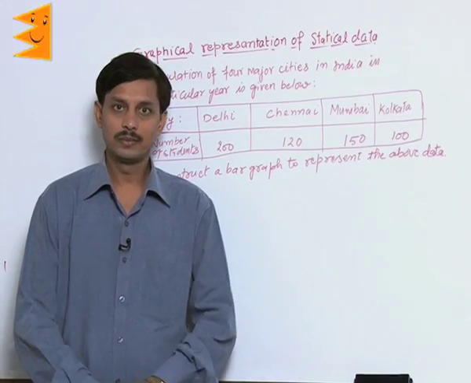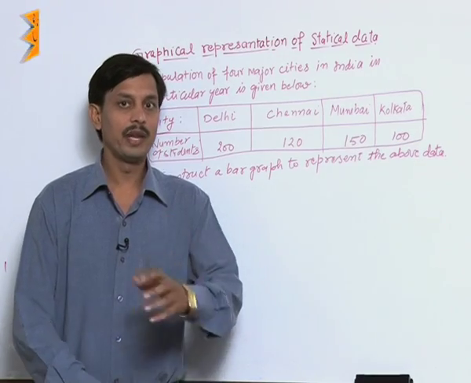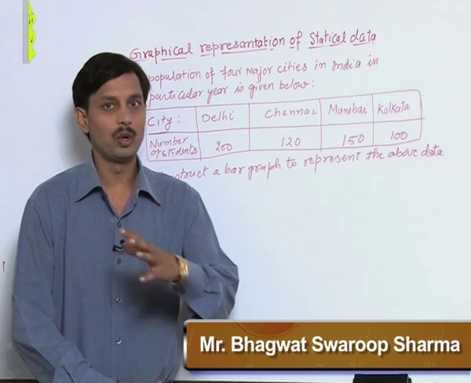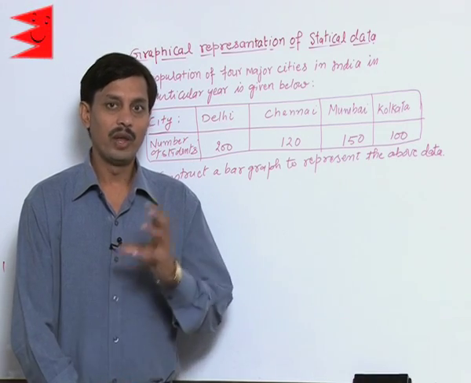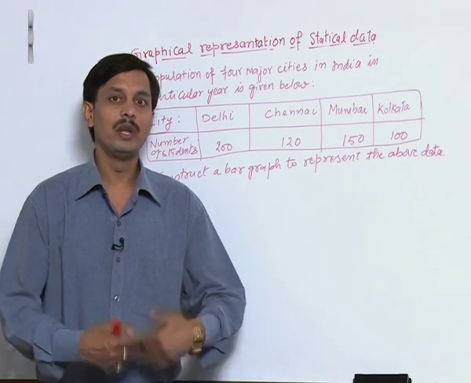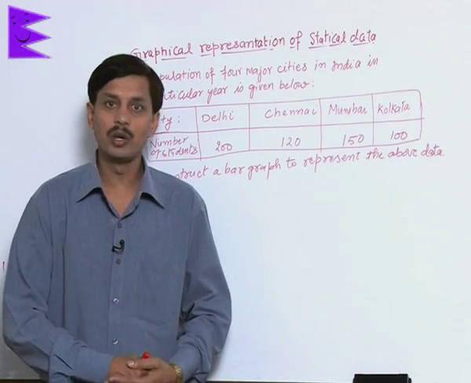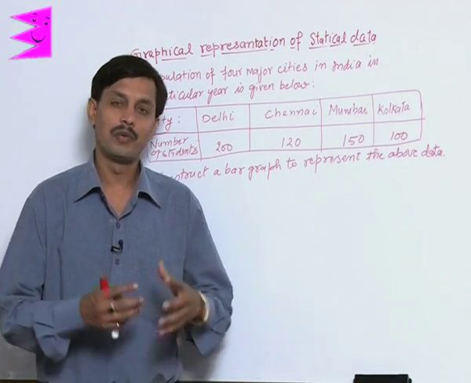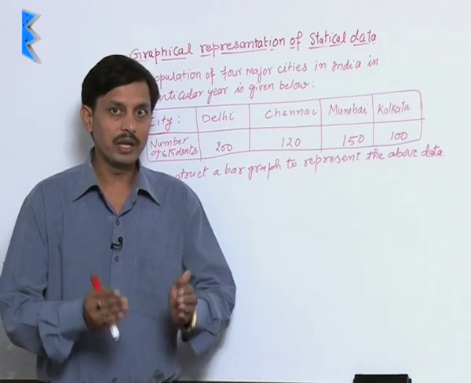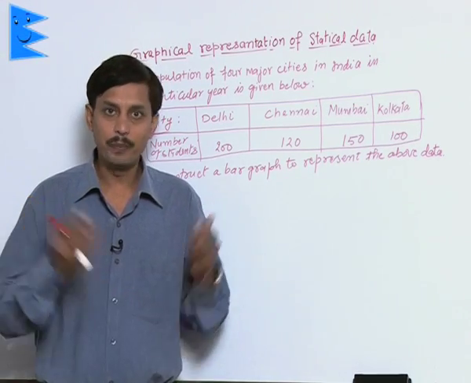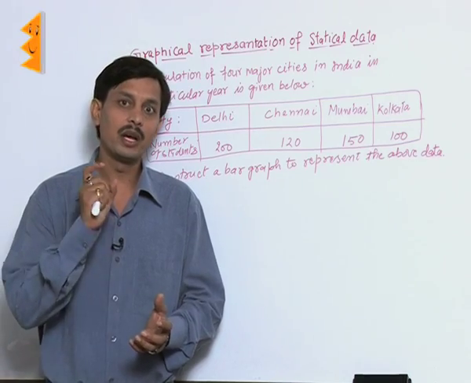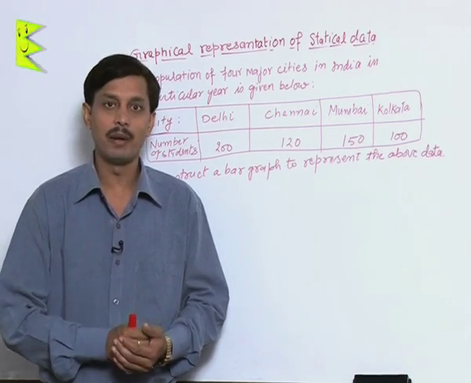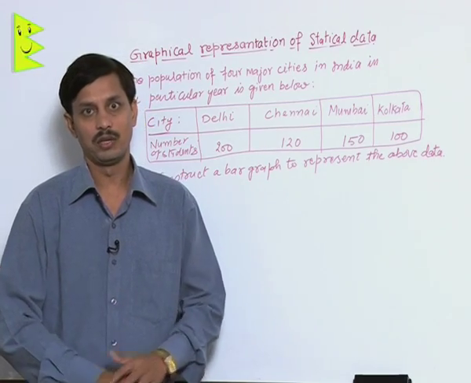As you know, when we collect numerical information, this numerical information is said to be the data. When we collect the data and represent it in a grouped or ungrouped table, that is known as the representation of statistical data. But if this data is represented by drawing bars, by representation of the histogram or frequency polygon, then